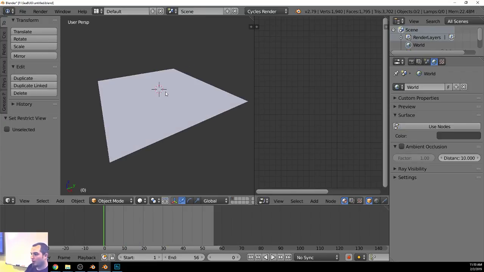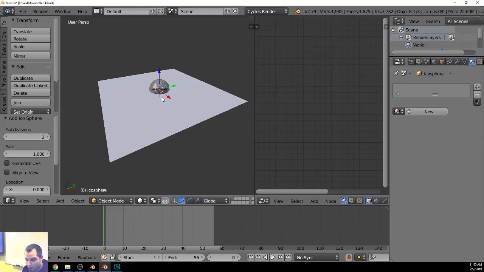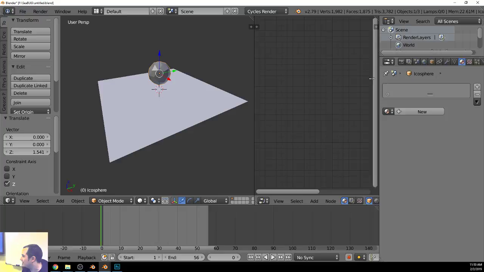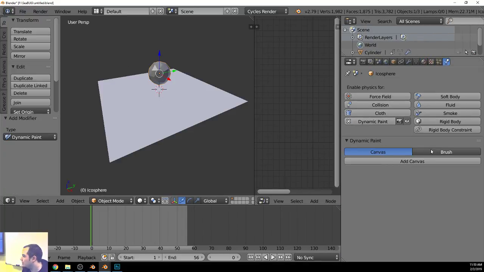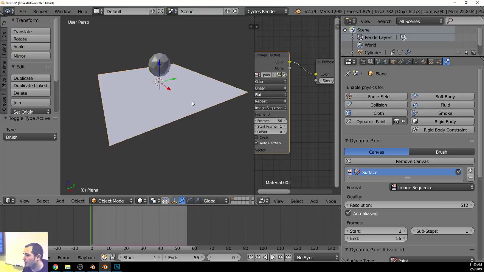And then there's one other cool, well, there's plenty of cool uses for this. I'm going to do another one here. I'm going to turn this new object here into a brush again. And I'm not going to worry about the color or any of that this time. And for the canvas, so we just saw what we can do with an image sequence, but instead of that,